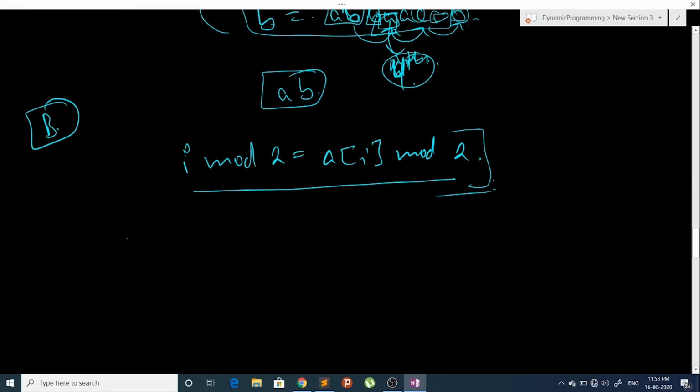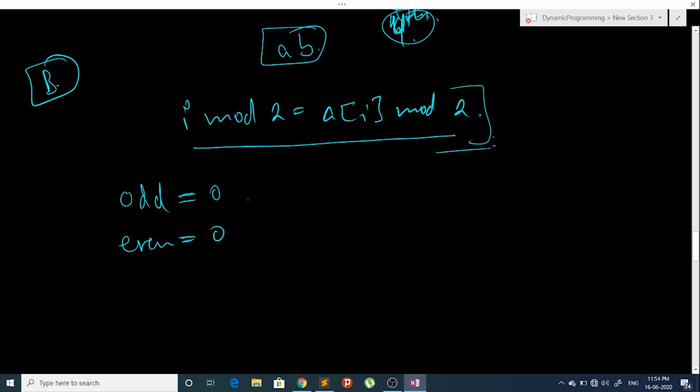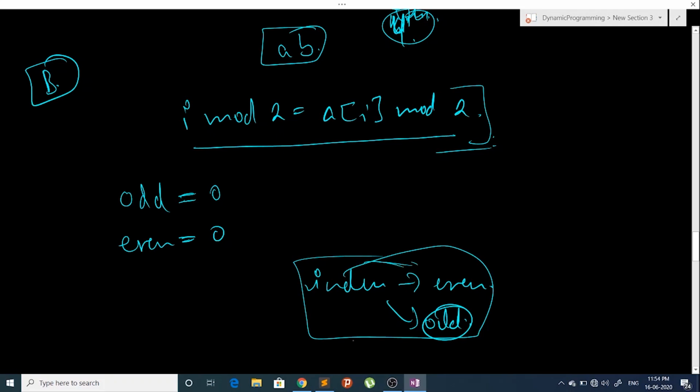We will have 2 variables here, odd and even, which are initially 0. Odd counts the positions where the index is even but the element stored here is odd, and even counts the positions where the index is odd but the element stored is even.